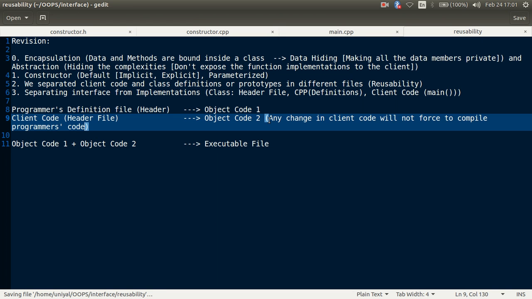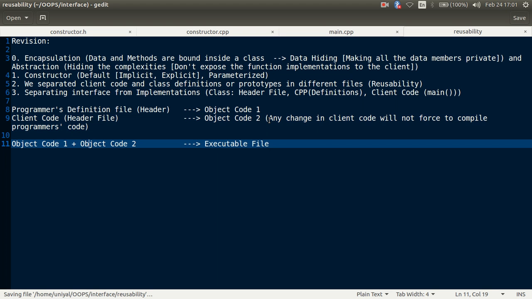So we don't need to compile the whole code every time there is some change. We need to just compile those separate codes to make an object file, and then we can combine all these object files and make an executable file.